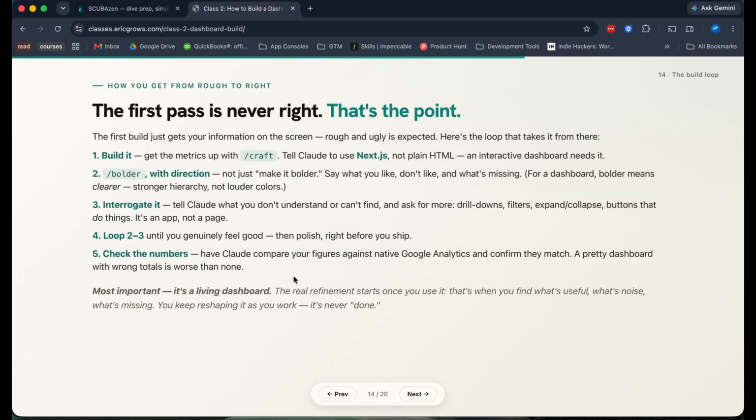The other thing that's important to know is it's a living dashboard. So we'll go through this build now and we'll get it to a point where you feel good about it, you feel that it's useful. But until you actually start using it to run your business, you don't really know if it is that useful.